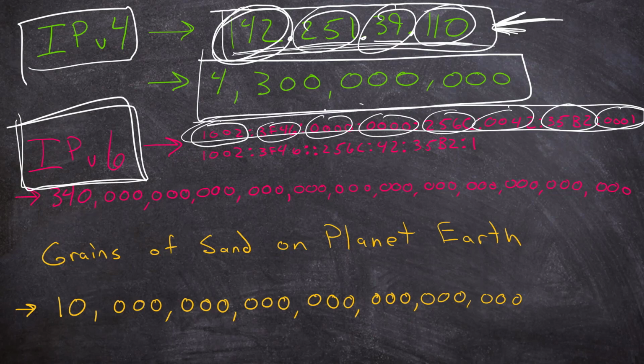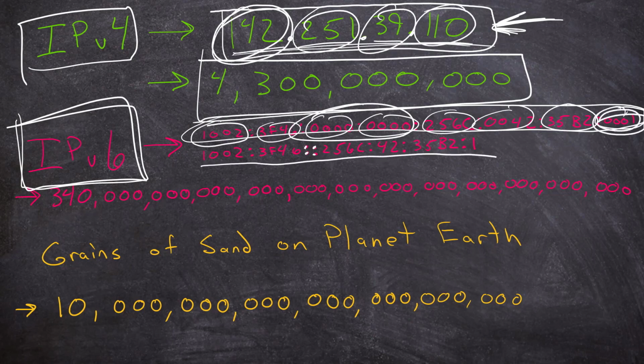Now you can shorten it, like see how there's a couple of zeros right here mushed together. You can actually represent a whole bunch of zeros by doing 2 colons right next to each other. So you can actually get it a little bit shorter looking. And over here we have 0001. Well, you can just shorten that to a 1, but still IP version 6 addresses are larger and more complex than IP version 4. But what that does for us is it gives us 340 undecillion possible IP version 6